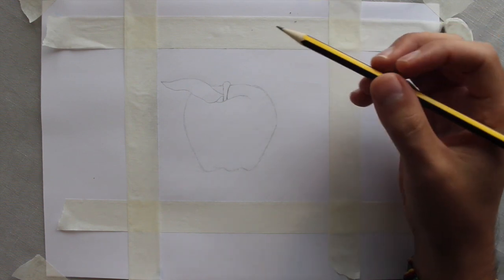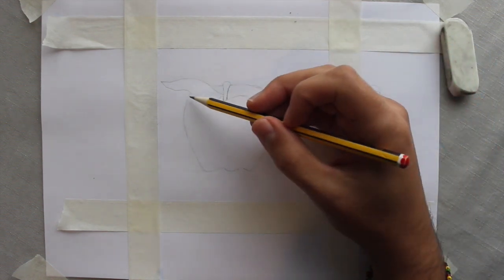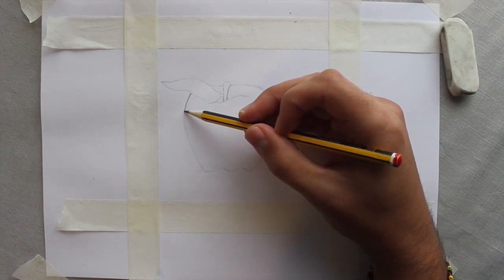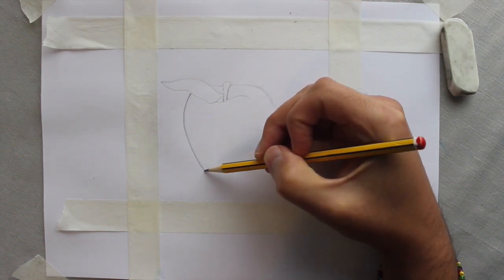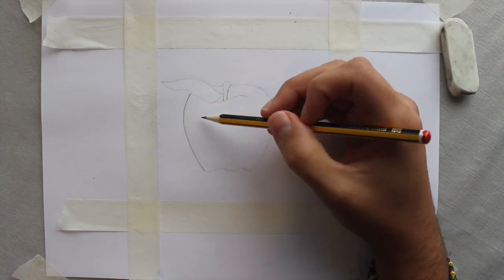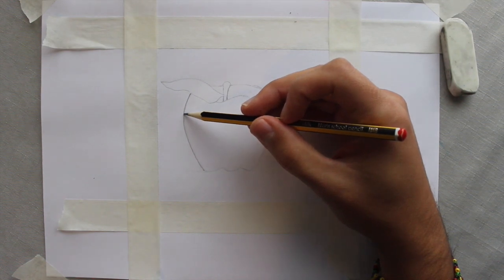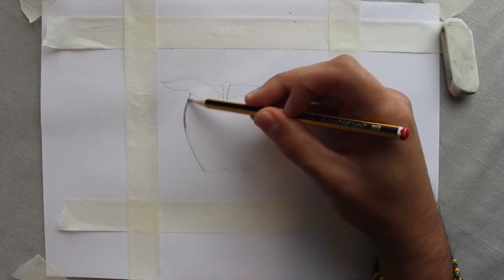So what we're going to do is start on this shoulder and draw a darker line on the side, and we're going to first start coloring in the apple from this edge. So in order to start shading, what we do is we first color in dark